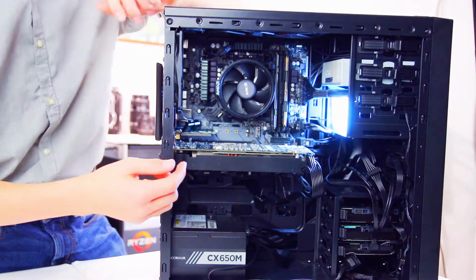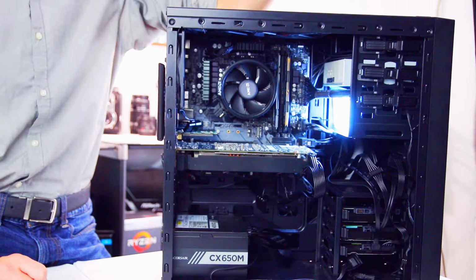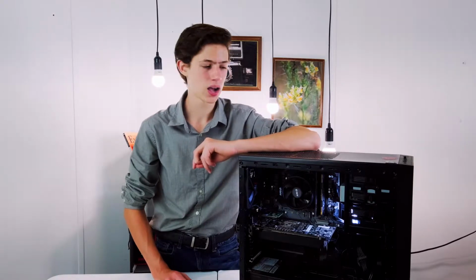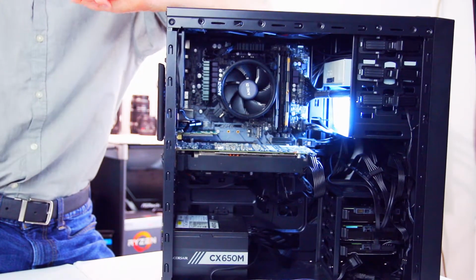I also now have case fans, one here, 2 up top, and 1 in the front. There was one in the front before, but it was, as you might know from the last video, a pretty bad blue LED one, so I replaced that. Those are about all the updates in the hardware itself, but what I did not talk about last time was